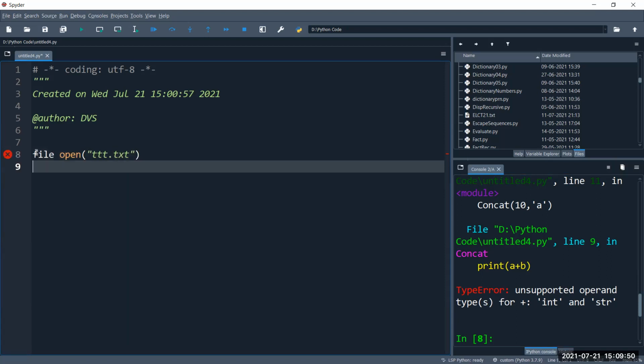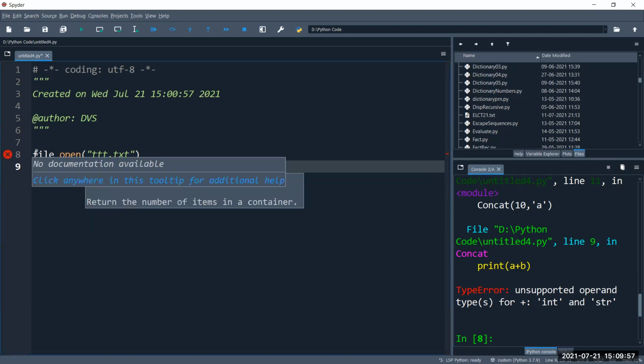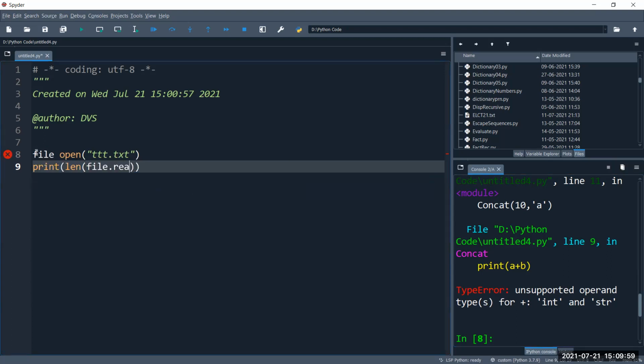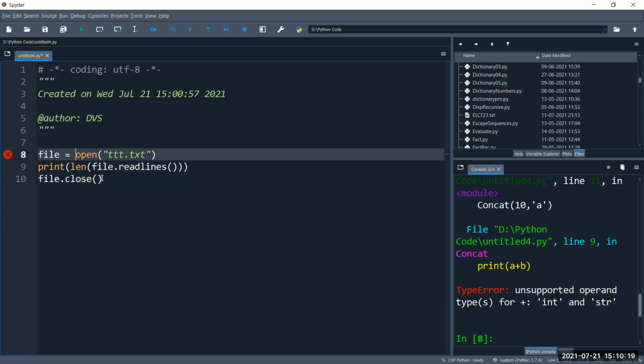And then I write print length of file dot read lines, meaning how many lines are there, and then I close the file, right? Oh, file is equal to open. Okay, fine. Now when I run it,